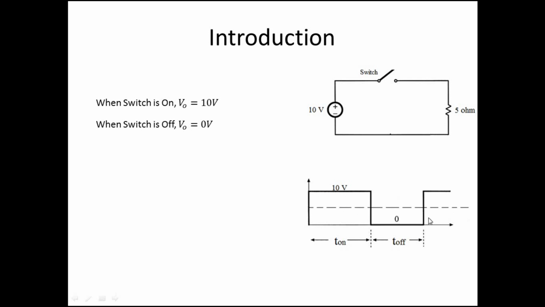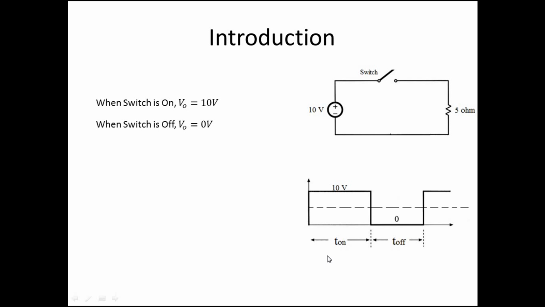Say if for a half period we are turning on, and the same period we are turning off, the effective voltage will be 5 volt, exactly the half. And again if we decrease the turn on period, means the t on time period, the effective voltage will again decrease. So by controlling the t on or t off, we can control the effective or average output voltage. For this we need a switch, and this switch is continuously turned on and turned off, so we need a fast switch.